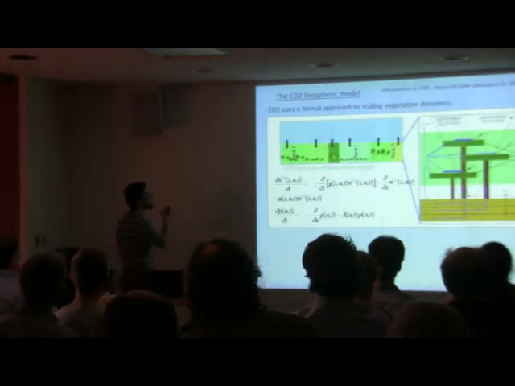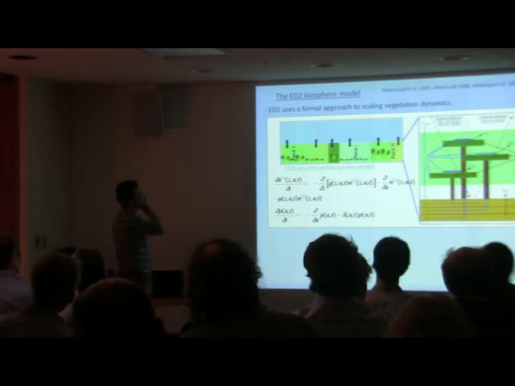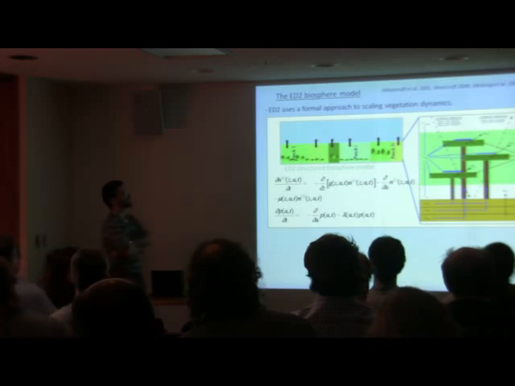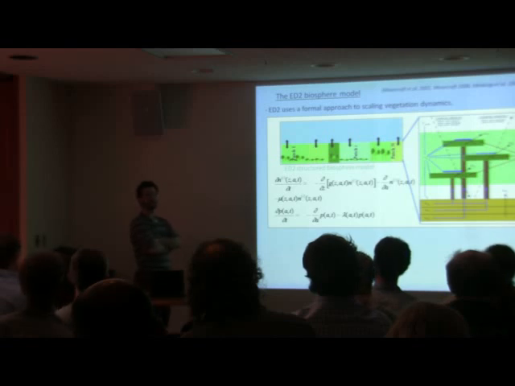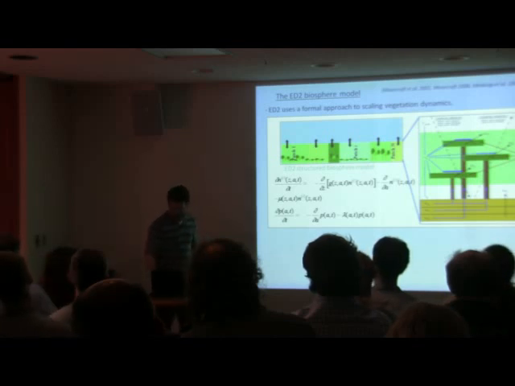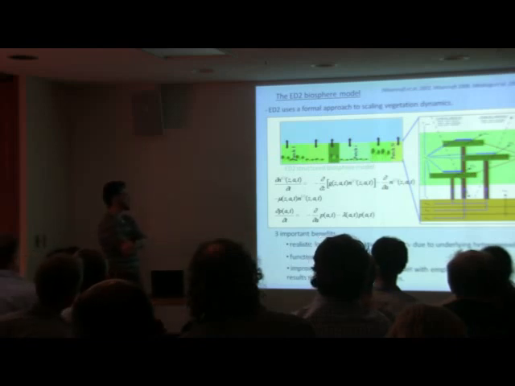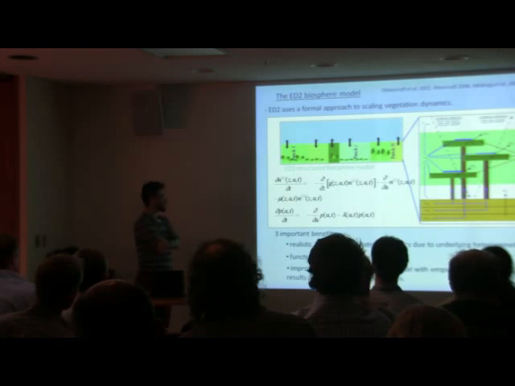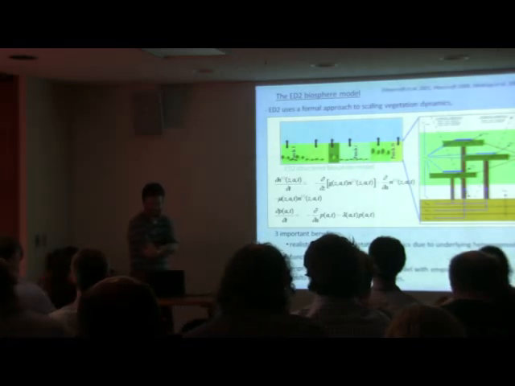The model that we're using has a different approach to some of these other IPCC models, in that it has a formal approach to scaling vegetation dynamics. I'm not going to go through this diagram in detail, but we include growth and mortality dynamics as well as competition for nutrients at the individual tree level rather than at the aggregated patch level. There are a couple of important benefits to using this model: because of this underlying heterogeneity, it can potentially give more realistic, longer-term predictions of the vegetation dynamics.